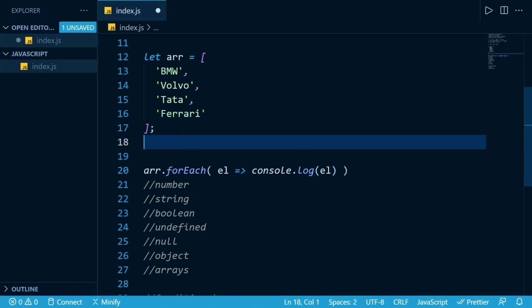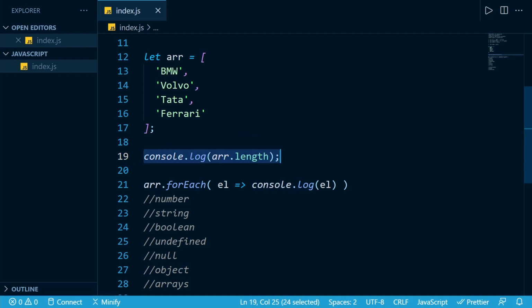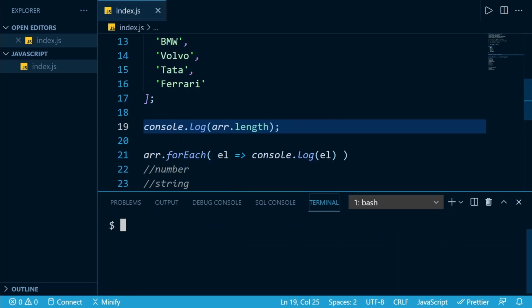We can also get the length of the array, that is how many elements are there inside of our array, and we can just print that using console.log. This console.log method prints our values to our terminal basically, and if we are running it in our browser, it will just print it in our browser's console.